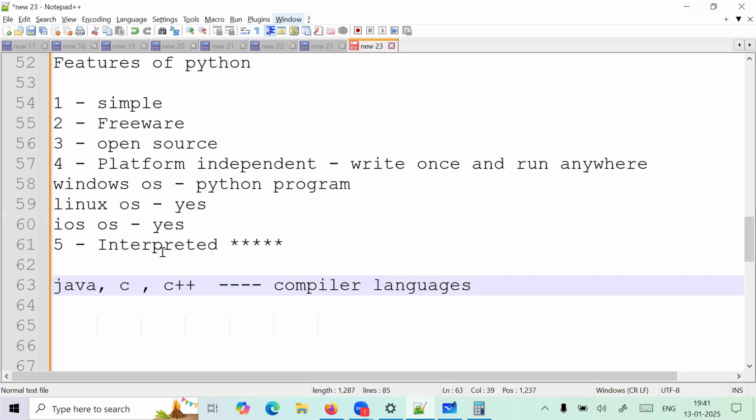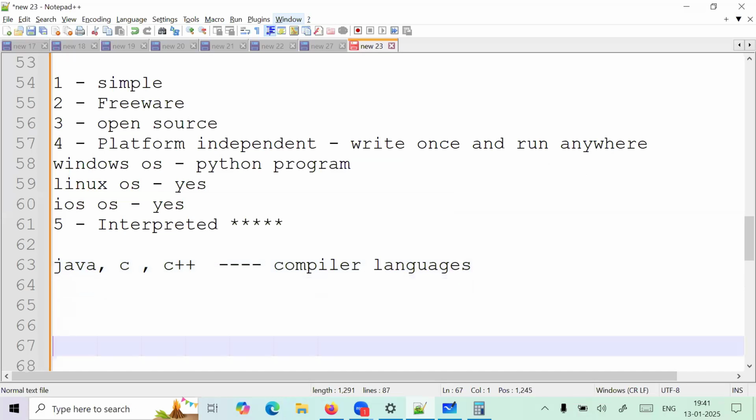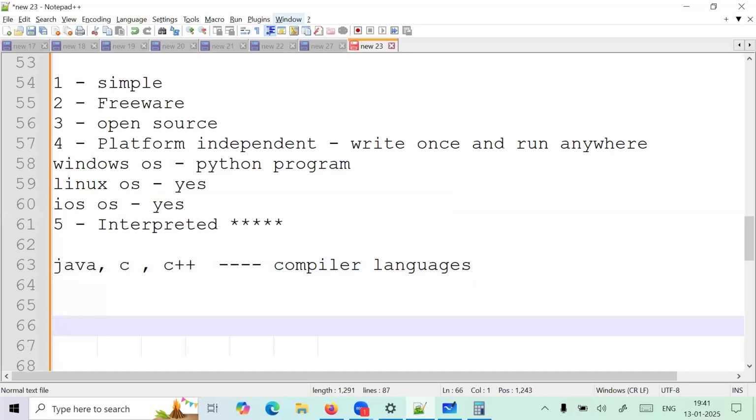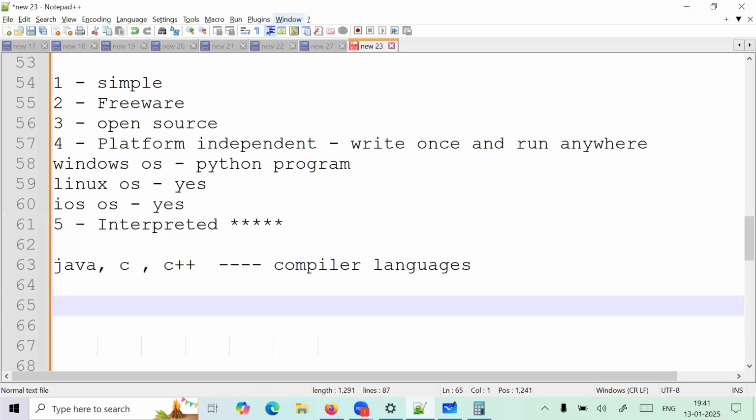So Python is what kind of language? Python is an interpreter language. And other languages are compiler languages, which I have written here, Java, C++. These languages are compiler languages. So what is the difference between interpreted language and compiler language? We have to see here, guys. So in C language or Java language,